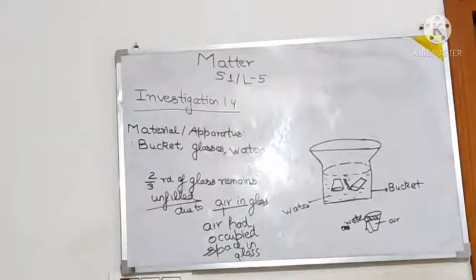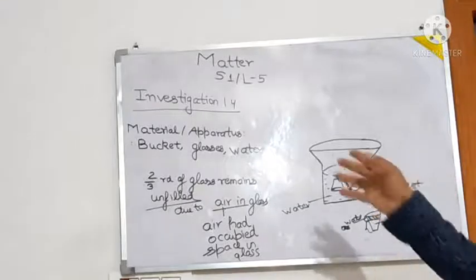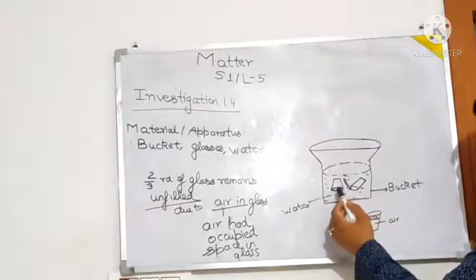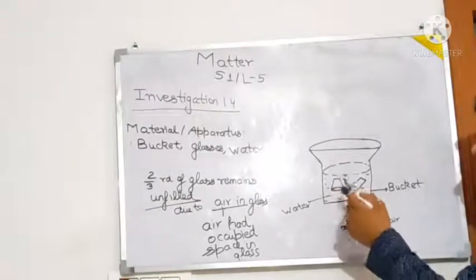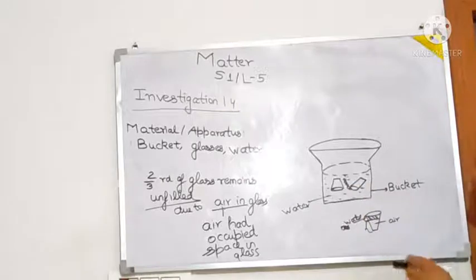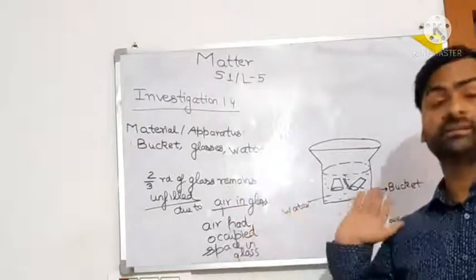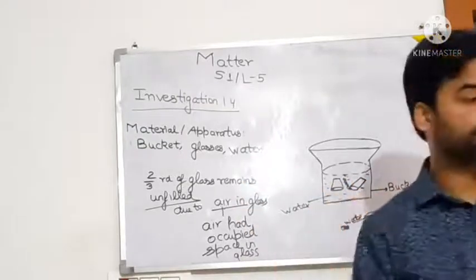It is noticed that bubbles of air rush out from the first glass to take the place, and when the bubbles rush out, that space is vacant. So what will happen then? That space will be occupied by water. Similarly, bubbles of air from the first glass take place in the second glass. So the bubbles of air which were there in the first glass that have now gone away will take the place in the second glass. That means bubbles were there. That means air was there. So air from one glass takes place in the second glass. That means you have basically collected it.